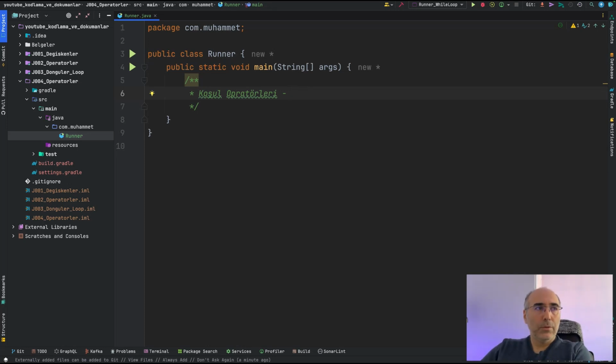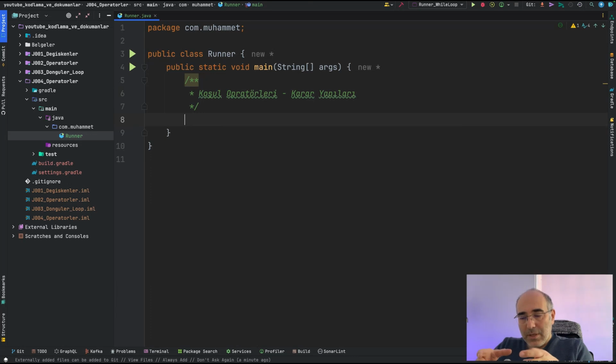So, how will this system we call conditional operators or decision structures work? Here, there will be operators that examine a situation. And we'll also have a decision structure that will direct the flow according to its state, according to its condition. These are: